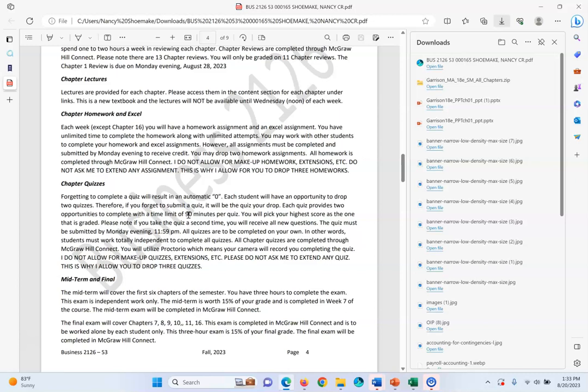When you take the quiz, there is Proctorio, which means your camera on your computer will be activated. I cannot hear anything, but I can see that you are the person completing the quiz. Some students will say, but I don't have a camera on my computer. Well, then you're going to have to borrow one from the school or go to the school computer lab in order to take the quiz, because that is a requirement